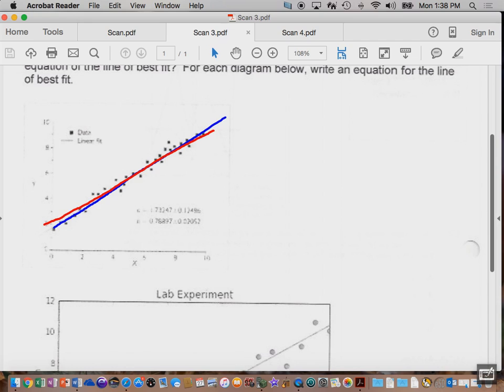Now, one thing is, next year, you start using those calculators. And those calculators will actually compute the line of best fit for you. They'll tell you exactly what it is, okay? But for our purposes this year,